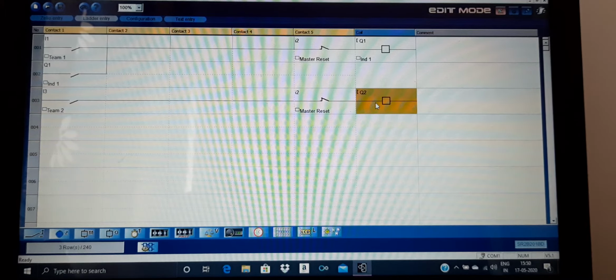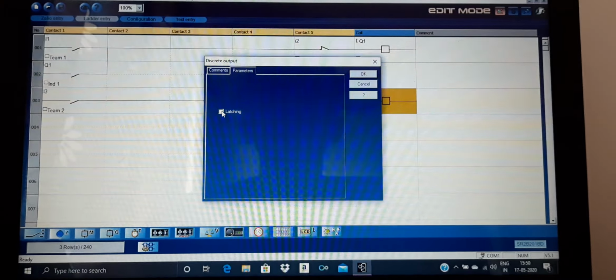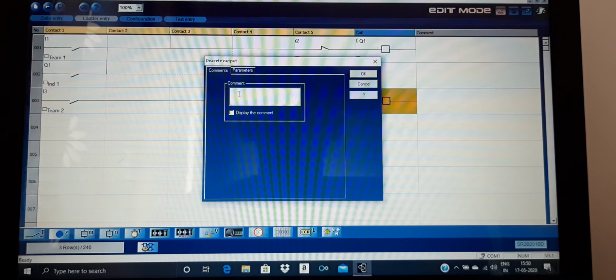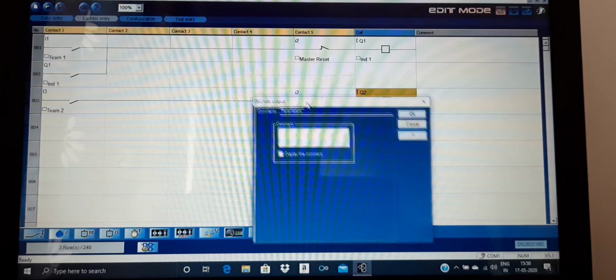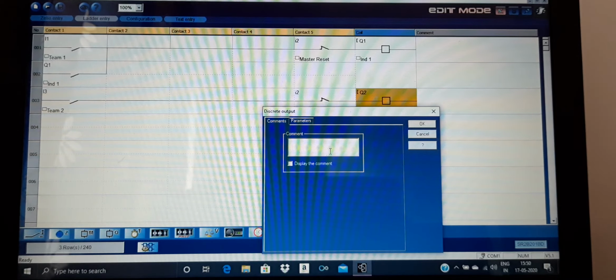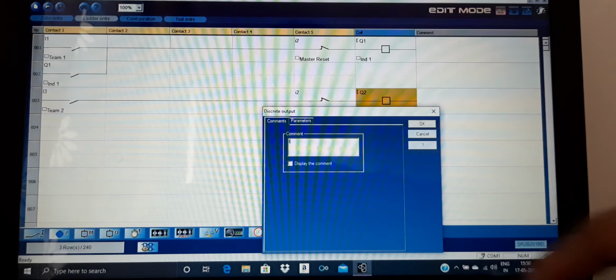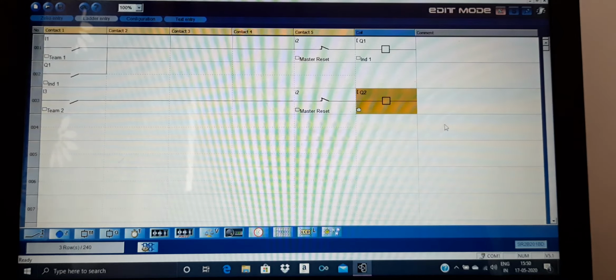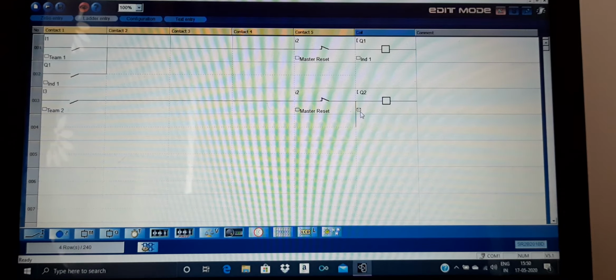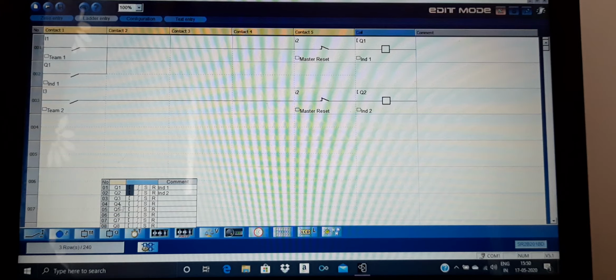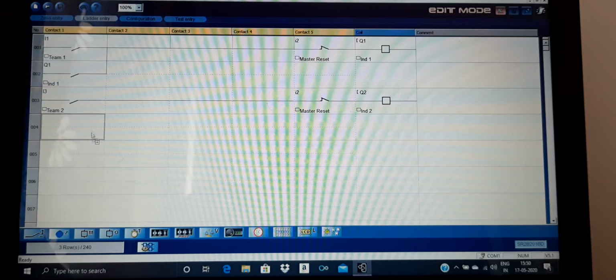This is the indication for team 2, and its retention contact is placed over here. Okay. Let us simulate the circuit.